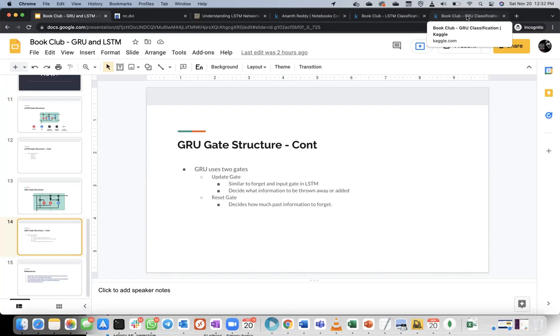So LSTMs rule until we give them a lot of information. And once we start giving a lot of information, even these have pitfalls because of how the information travels in the sequence layer. That is when the paper called Attention Is All You Need came. In December 2017, there was a paper called Attention Is All You Need, which discusses a different language processing approach called attention, which we will discuss in the coming sessions.